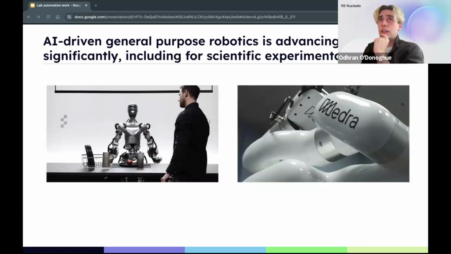Finally, you've probably seen very recently all these little things going on with general purpose robotics. We've seen many tech demos from different companies showing what these things can do. Of course, this stuff's still on the cusp of what's possible right now, but this can be used for biology as well. There are companies like Medra, which are very interested in this idea of using general purpose robotics to run scientific experiments. And where they really help with is in integrating different bits of the kit. They may not be able to do everything, but they can help a lot with wider coverage of automation.